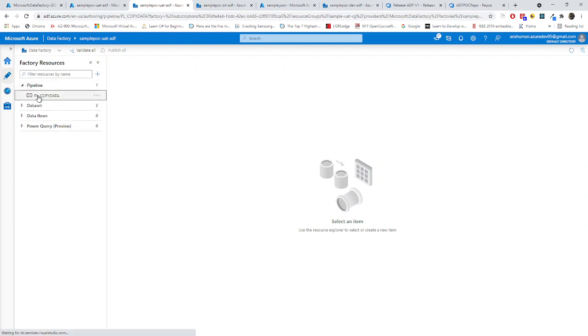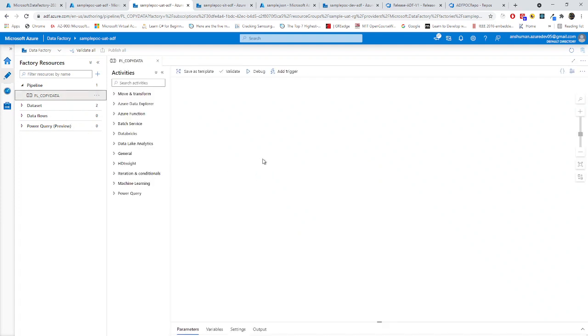And I have already given the configurations, the access inside my key vault for this ADF. So hopefully we should not have any error. It should directly move the files from input to the output one. So I'm not sure why there is no file over here. I just need to refresh this thing. This is getting lagged, I think. Yeah, this has something. So let it be refreshed.